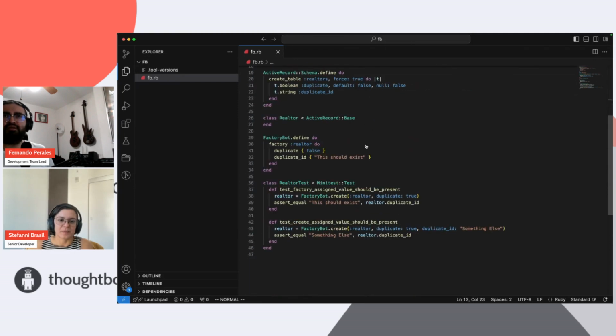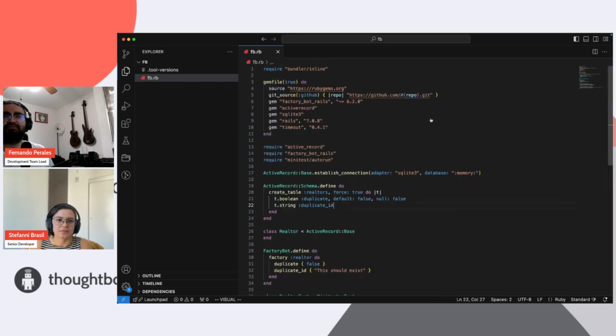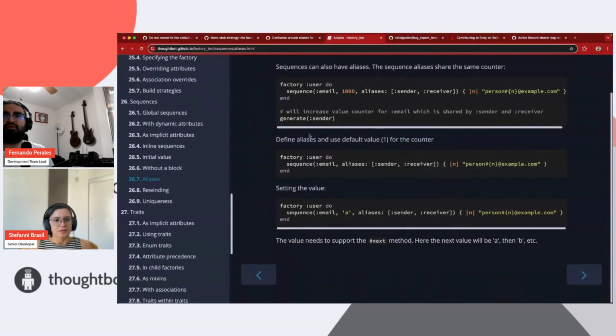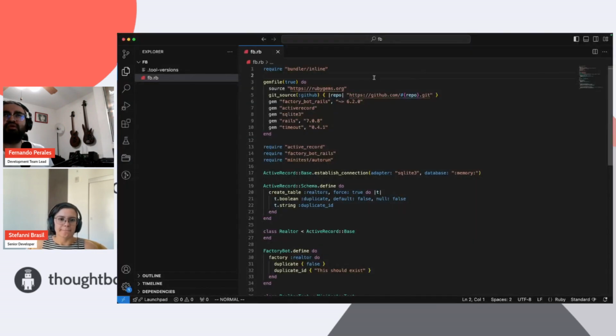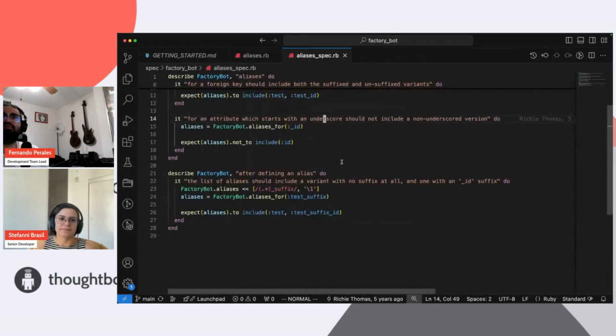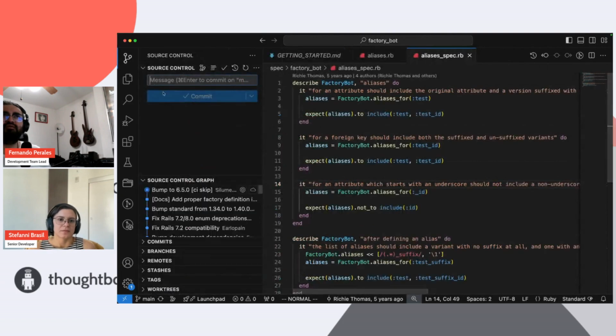Okay, let's see. I mean, this test pretty much should work as it is. Let's see, we try to use that. Okay, so we have the aliases. We can continue exploring the code. So we have the duplicated ID. This test is still pretty much valid, but we also were trying to take a look at